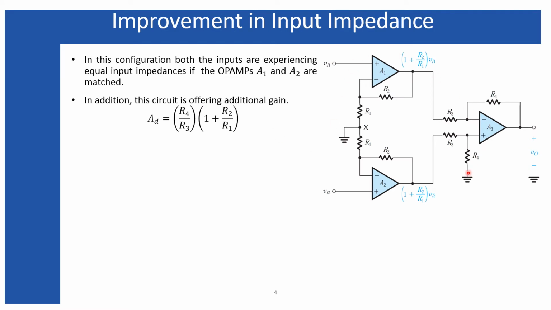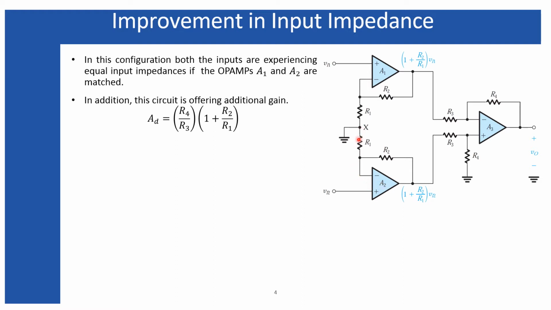This circuit is an improved version of the previous one. Here, instead of this single differential amplifier, two additional differential amplifiers are used, and they are also provided with negative feedback, and where this terminal is grounded, and this differential input V1 is applied at the non-inverting terminal of the operational amplifier having open loop gain A1, and this V2 is connected to the non-inverting terminal of the operational amplifier having this open loop gain A2.